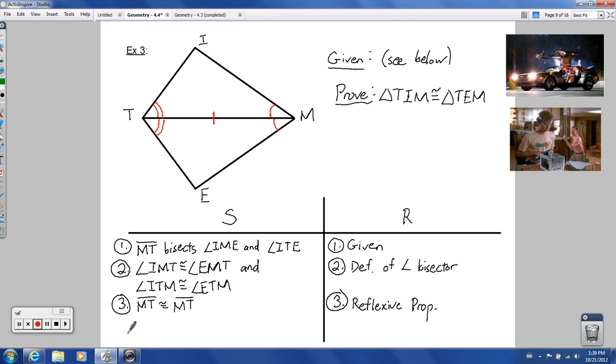And so now, do I have enough to prove that the triangles are congruent? Now I got it. I've got an angle, an included side, and an angle matching up with an angle, an included side, and an angle in the other triangle. So now I can say that triangle TIM is congruent to triangle TEM, T-E-M. Triangles TIM and TEM are congruent to each other. And the reason for that, remember, angle, side, angle is what we had just said. So ASA,